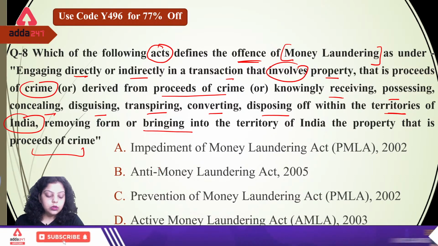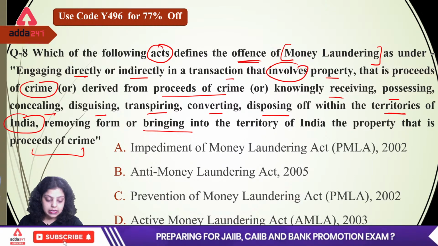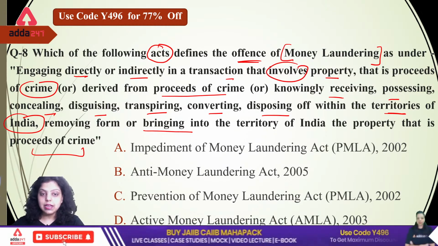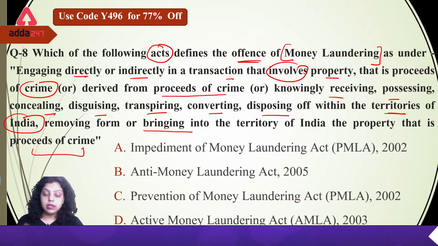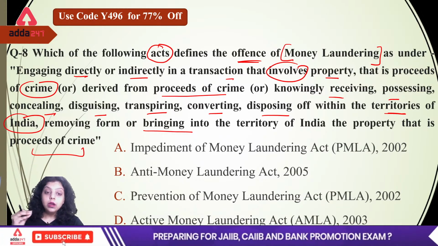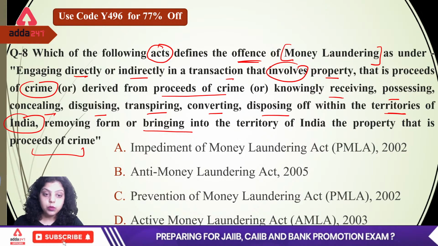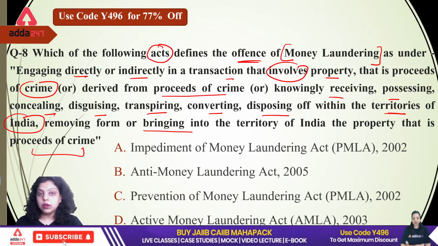So as we know, to control money laundering, we have certain anti-money laundering practices. First, we have KYC, that is know your customer. Second, we have the PAN number. In every transaction of more than 50,000, you have to give your PAN number. So that is also an activity included in controlling money laundering.